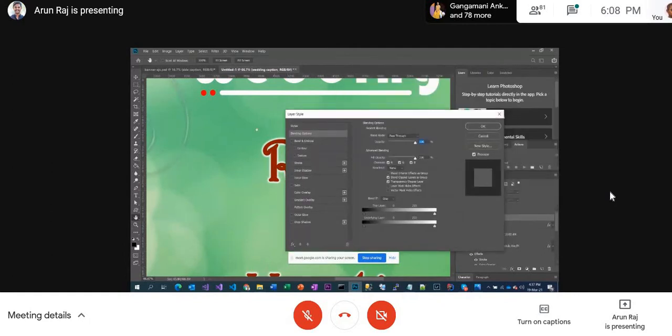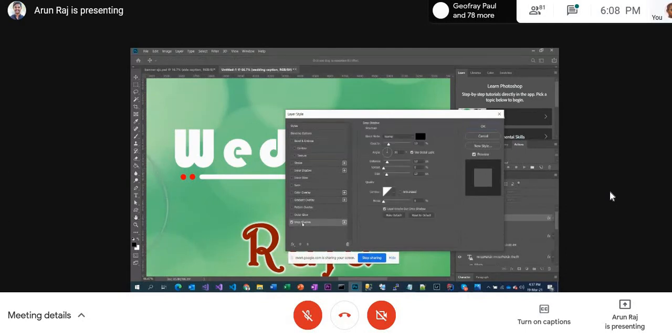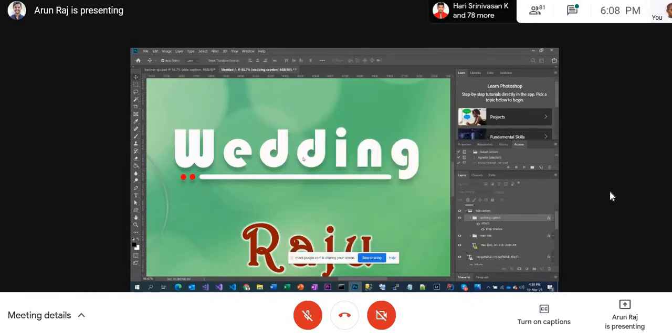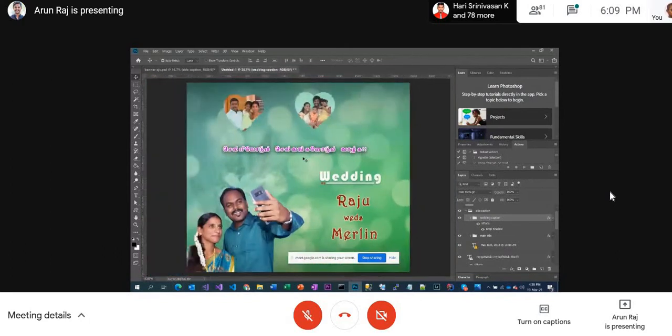One minute. See, wedding and the line, and there is a dot. Together I can put a drop shadow. Are you able to see this? Yes, sir. Yeah. So now this is how we do it when it comes to the entire group. Once you define all the inner elements, when you are putting the top element, there also you can define your shadow or blending, everything.